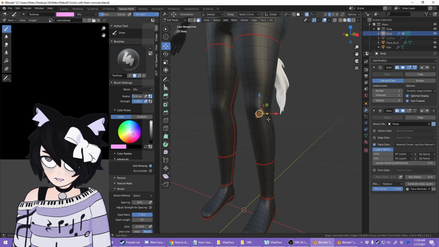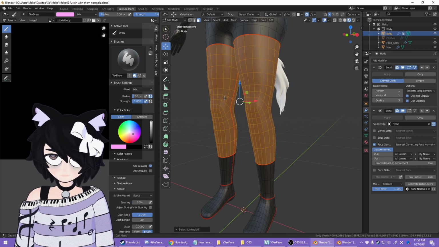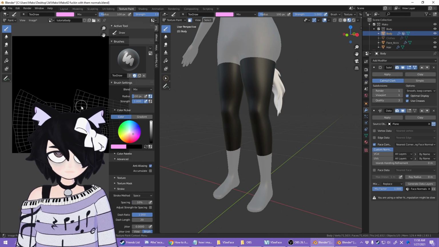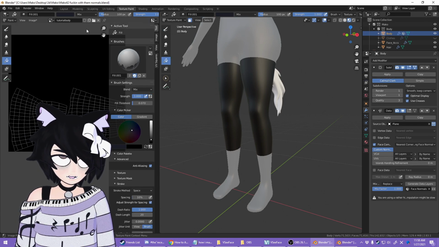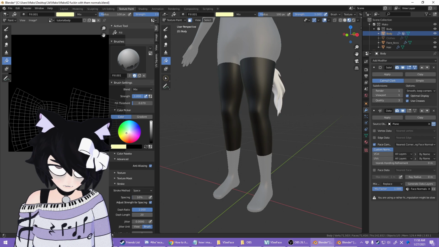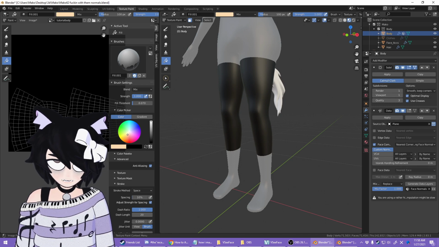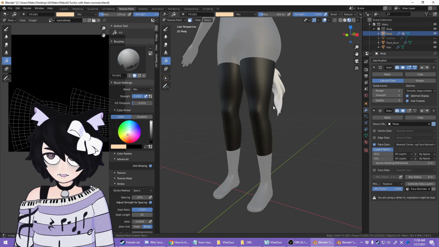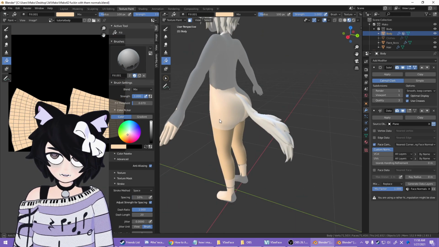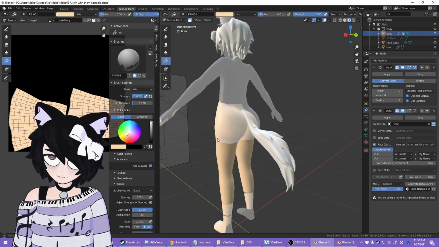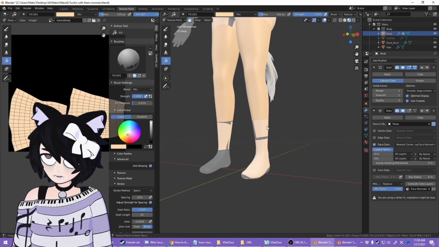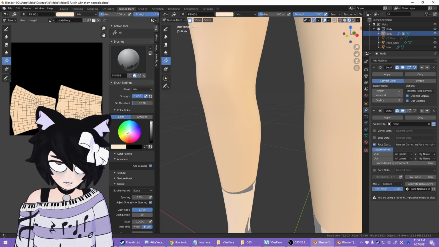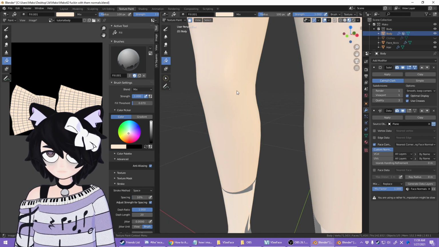I'm going to select the thighs, Control L, and go back into texture paint, enable this paint mask. Then we can just take our paint bucket tool and get whatever color we want. It's a nice flesh. Oh wait, no, you gotta click on this. That's right. Now it's bleeding into the rest of the stuff because the UVs are all messed up everywhere except for here. Just ignore that. I am far paler than that. Who am I kidding? There we go.